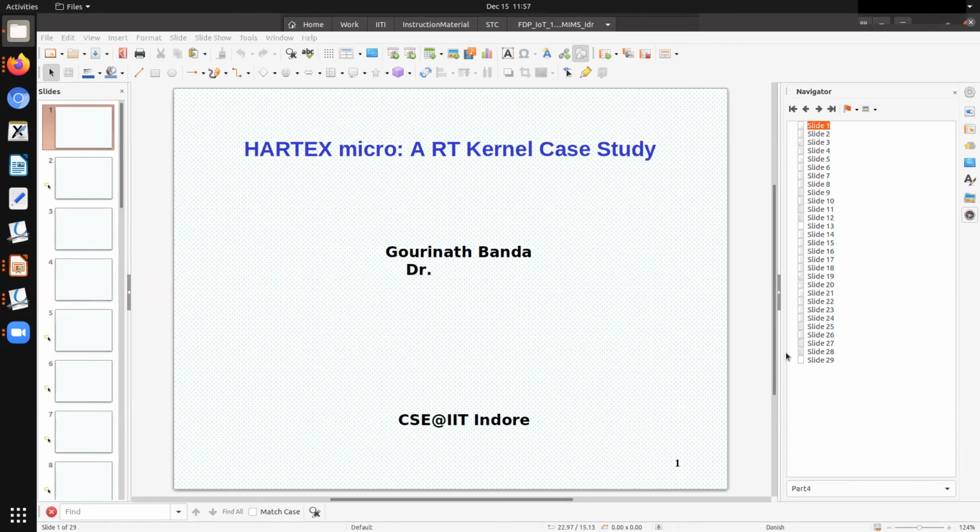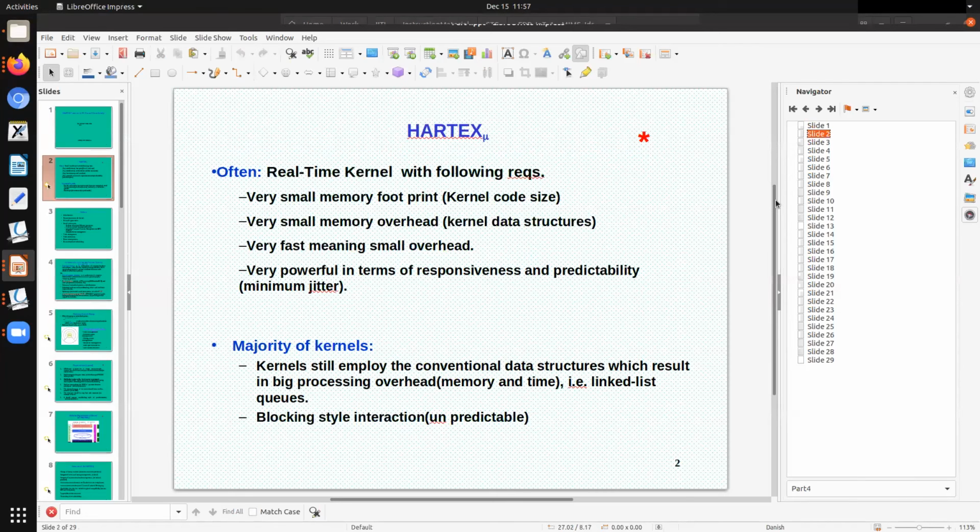Right. So this is about the real-time kernel that we have developed as part of my earlier work in Denmark. It was done some 15-16 years ago. So what is a real-time kernel? Let me explain something. Generally speaking,